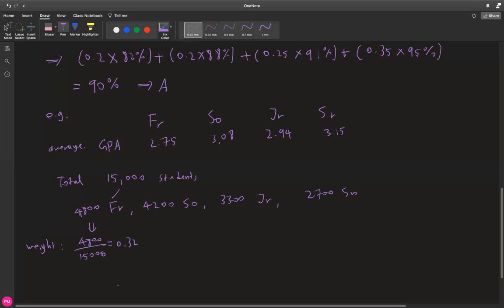In other words, 32% of the entire school is freshmen. For a sophomore, you have 4,200 divided by 15,000, and that's 0.28.